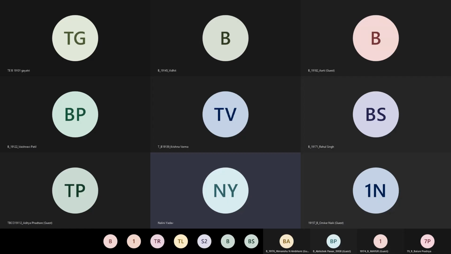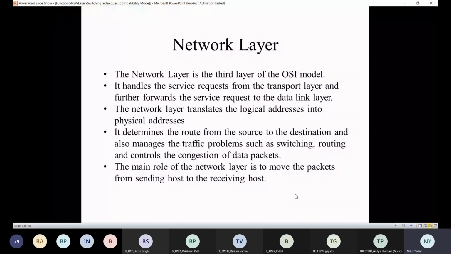We were at the network layer. The network layer is the third layer of the OSI model. It is also the third layer of the TCP/IP model. The network layer communicates with the transport layer at the top and the data link layer below. The main role of the network layer is to translate the logical address into the physical address